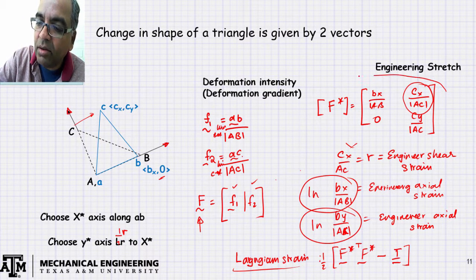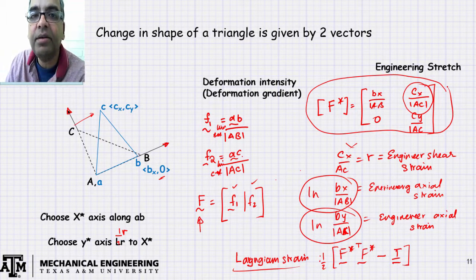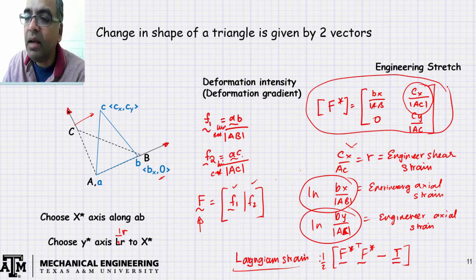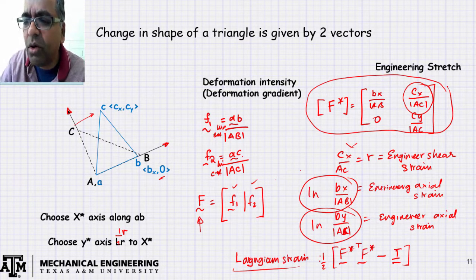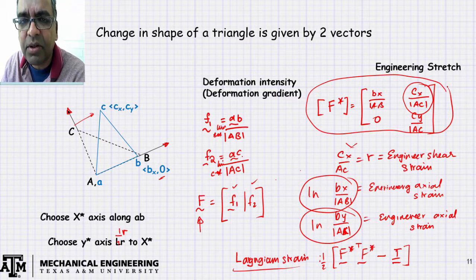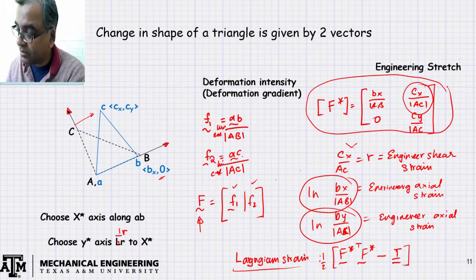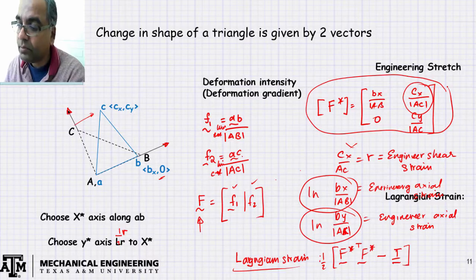This is geometrically and measurement wise convenient. Right? And there's a simple relation between them. You can go back and forth between them because F star also has three components. Lagrangian strain will also have three components. So there's nothing new about it. Okay, that's how it works. Talk to you about